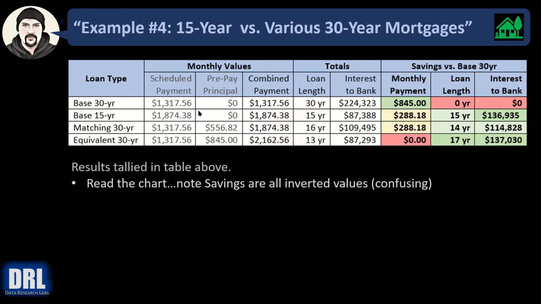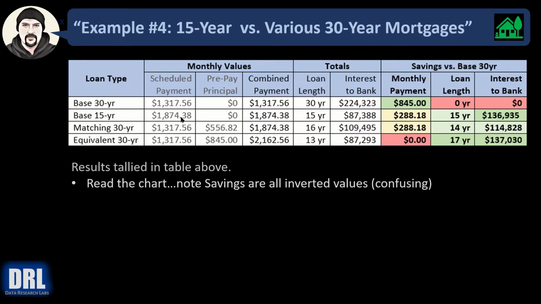It's a little bit hard to read, but let's start from left to right. This is confusing because they're all inverted values. But we have 4 loan types we're comparing, a base 30-year and a base 15-year. Neither of them have any prepayments to principal. But because the scheduled payment is so low for a 30-year versus a 15-year, it's like 500 something bucks, if you fall on hard financial times, it might be nice to be able to fall back to this lower monthly payment. That's the purpose of these 2 options, where you have a 30-year and your payment is $1,874, matching what the 15-year is,